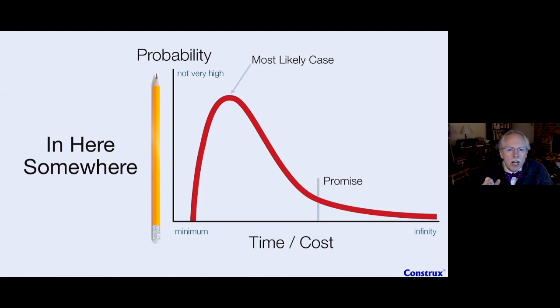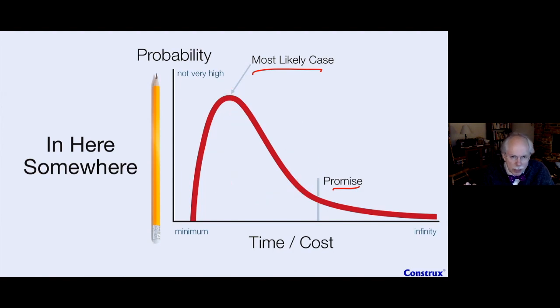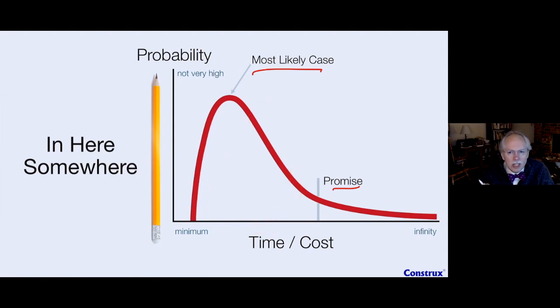And so what I could say is, looking at our estimate with my most likely case, my promise case, I can say it's going to land in here somewhere, right? It's probably not going to be before this. I'd be very, very surprised. It could, but let's be surprised. But it's most likely going to land in this zone. The question then becomes, if you want to be happy face, we can take the number close to this. If you want to be sad face, we can pick the number close to this.